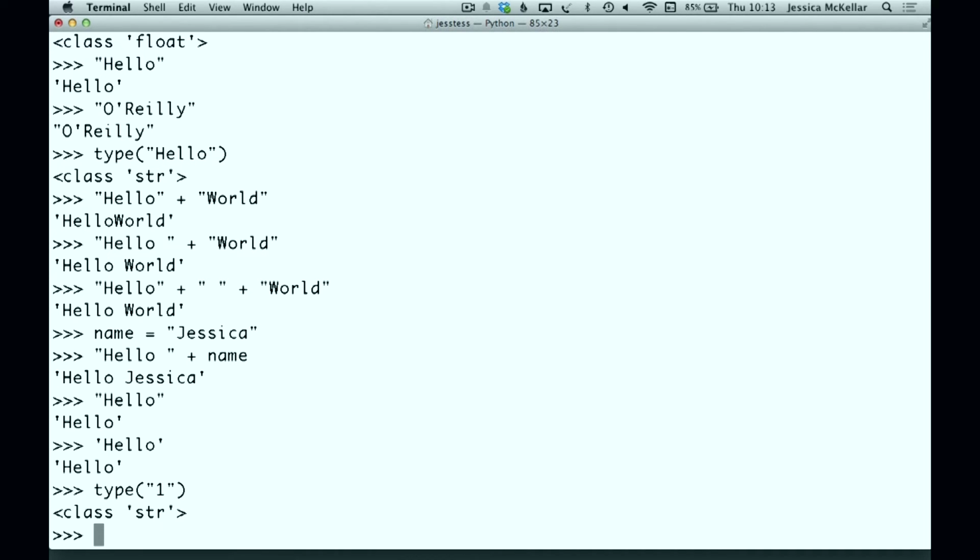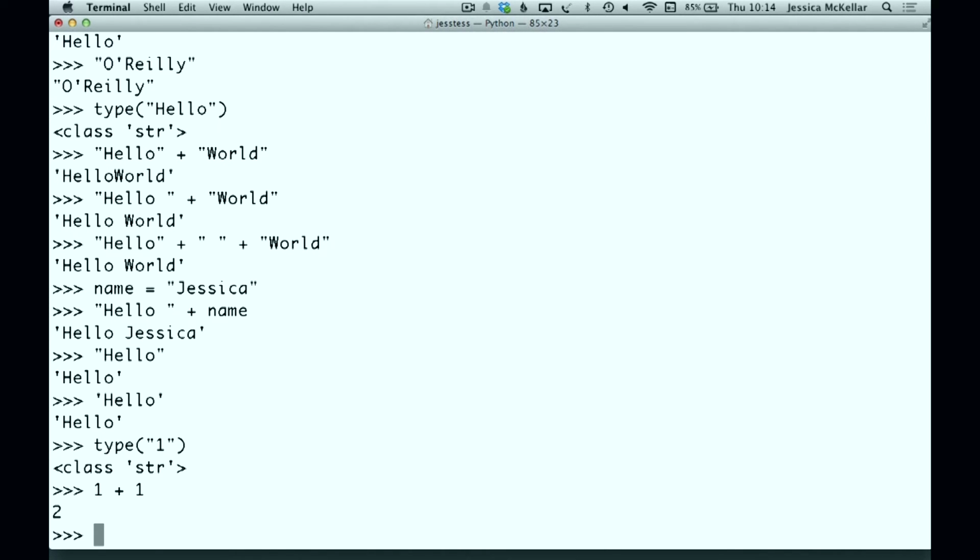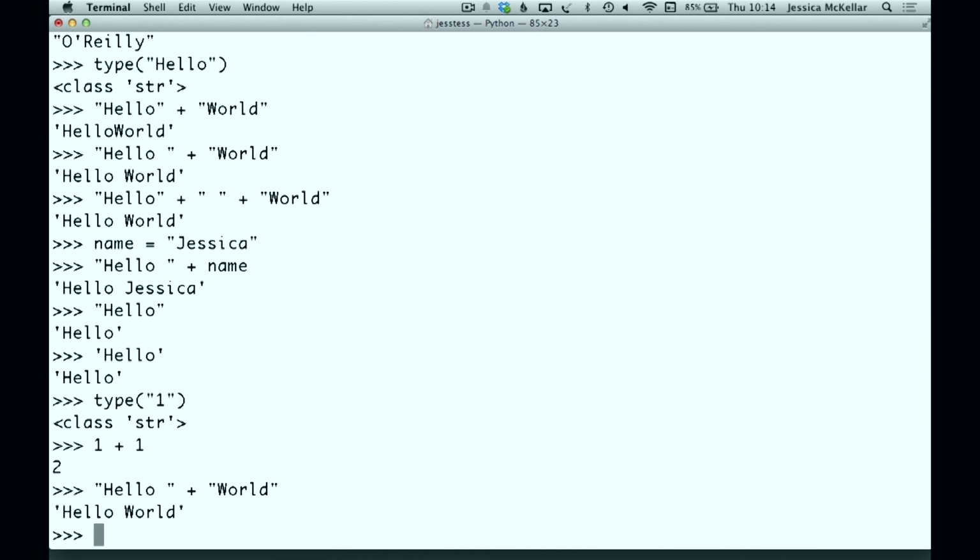Here's a question for you. We know that we can add numbers. I can say 1 plus 1. We know that we can add or concatenate strings. I can say hello plus world. What happens if I try to add or concatenate a string and a number? I could go either way on this, but let's try it out and see what happens. So if I press return here,